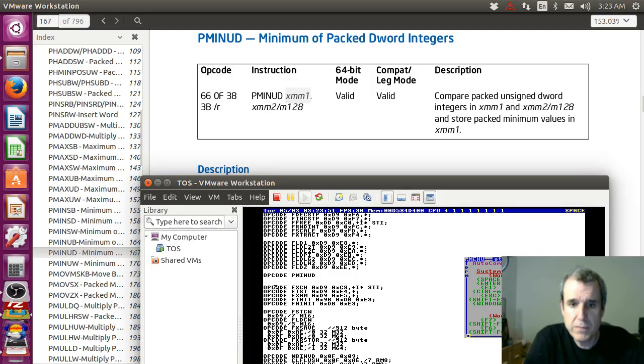Then we're going to give 0x66, 0x0F, 0x38, then a comma,